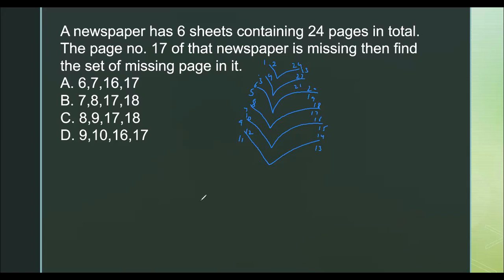Right? Now see, this is the way that we are having the pages. 1, 2 means अगर न्यूज़पेपर इस तरह से है, ये फर्स्ट पेज है, ये वाला फर्स्ट नंबर है, तो इसके बैक साइड में सेकंड होगा. That's why I have mentioned 1 2 3 4 5 6. This is the front page, right? Now if the 17 number, look at the 17 number. Here is the 17 number. Now if this 17 is missing, तो साथ में कौन कौन से मिस हो गए पेज? 7, 8 and 18.